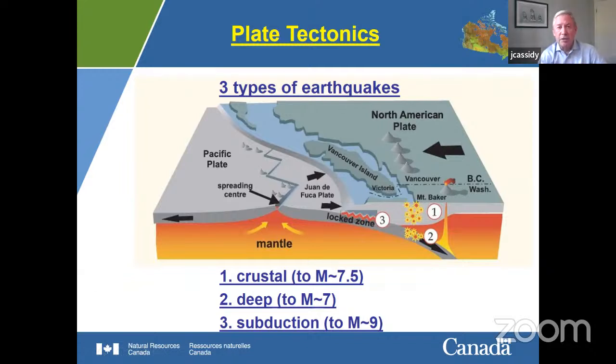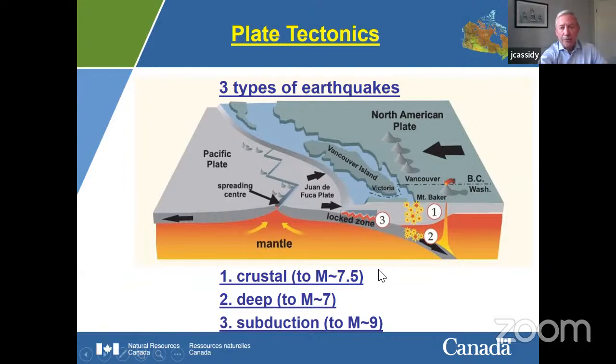The plate tectonics here generates 3 different types of earthquakes. The first, number 1, are the crustal earthquakes. These are shallow within the North American plate, and we've seen those up into the magnitude 7 to 7.5 range. The second type are those within the ocean plate as it sinks beneath us, 40, 50, 60 kilometers beneath the surface. And we've seen earthquakes like the Nisqually earthquake of 2001 up in the magnitude 6.8 to 7